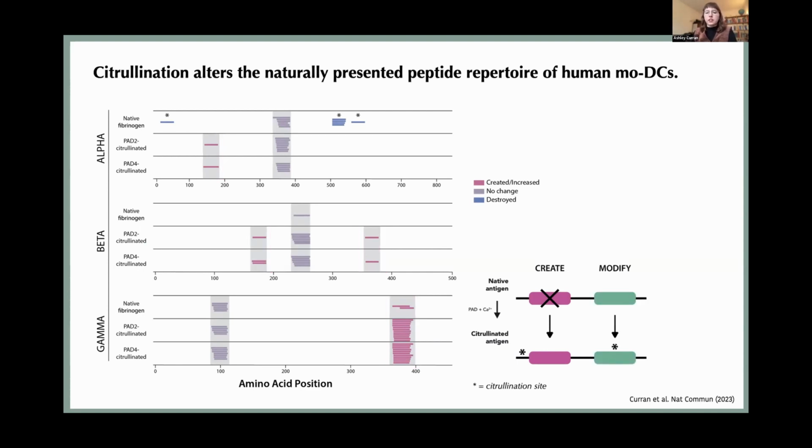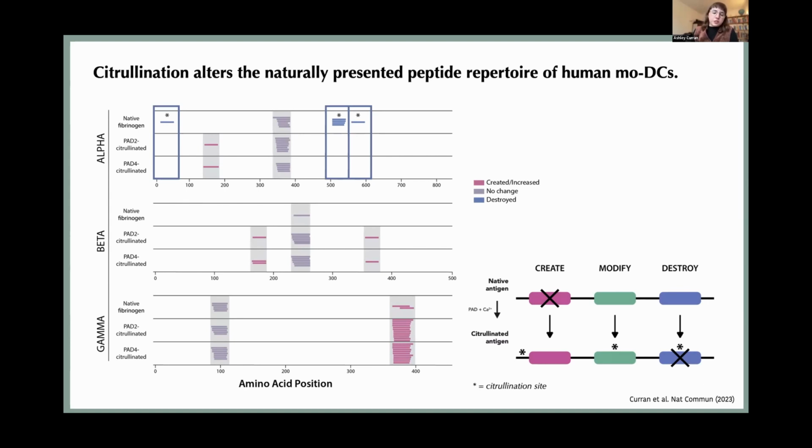Interestingly, we did not find any directly citrullinated peptides, which is in line with findings in the field: people have been looking in vivo in patients for citrullinated peptides being presented, and they have not been found yet. So this suggests that the relationship between citrullination, antigen processing, and autoantibodies may not be directly through a citrullinated neoepitope, but rather just a new cryptic peptide.